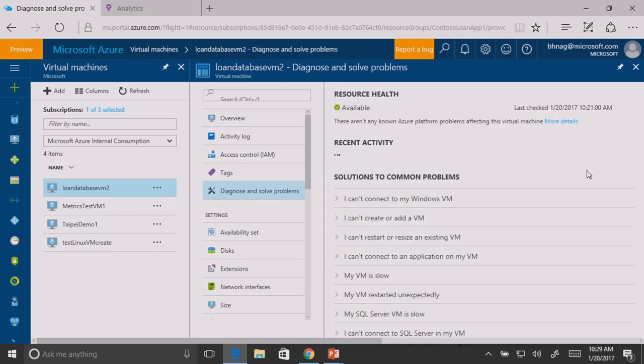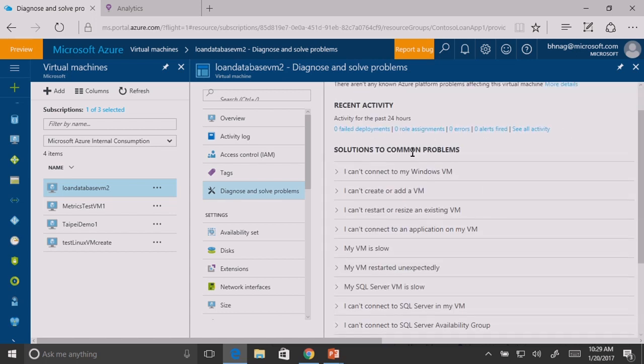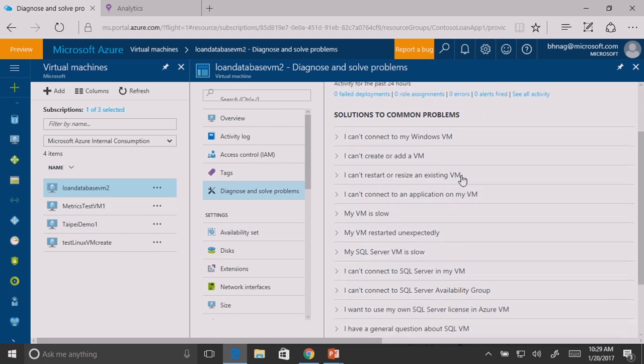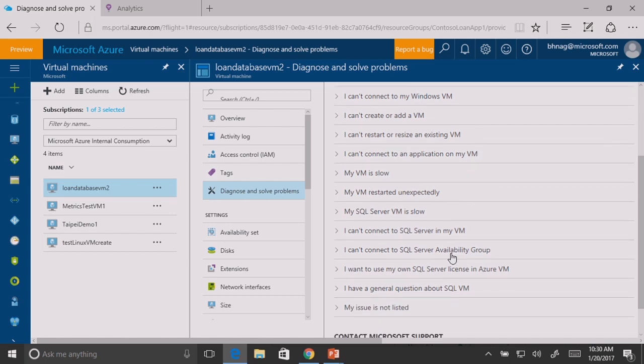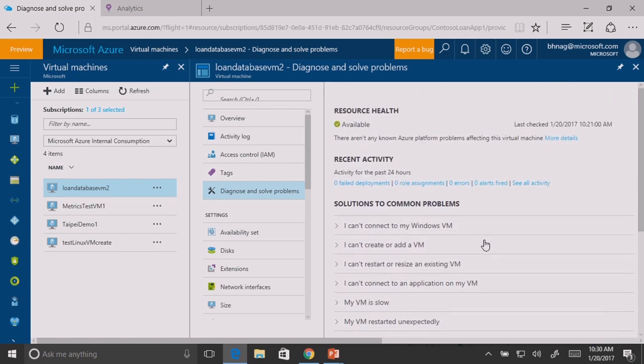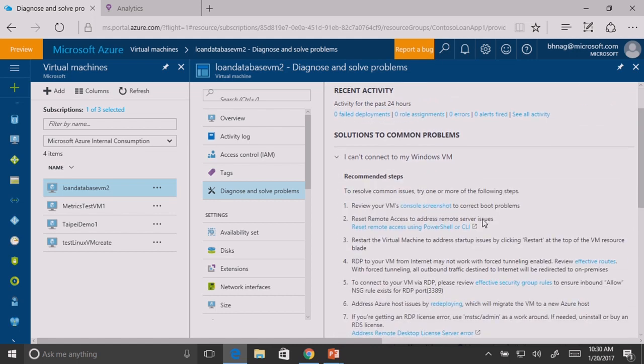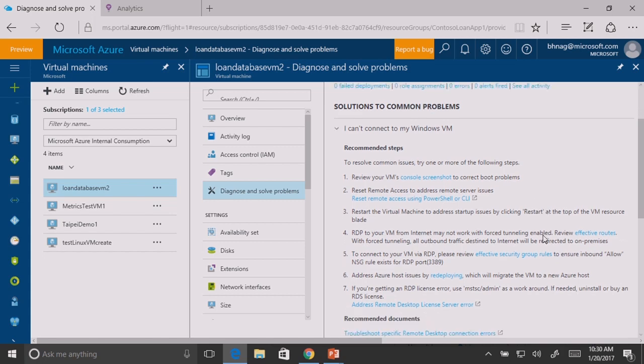And when I do that, it's going to load a bunch of common problems which are based off of actual support tickets that our customer support team has got from customers, right? So stuff like, I can't connect to my Windows VM, can't restart or resize an existing VM, VM is slow, SQL-related issues with virtual machines, and so on. And when you click into these, you get a step-by-step instruction of how you can potentially solve for this. And this is a great way for you to try to resolve problems before having to engage with Azure support. Having said that,